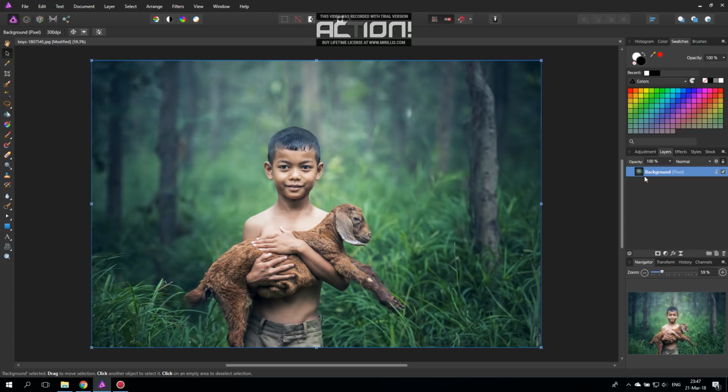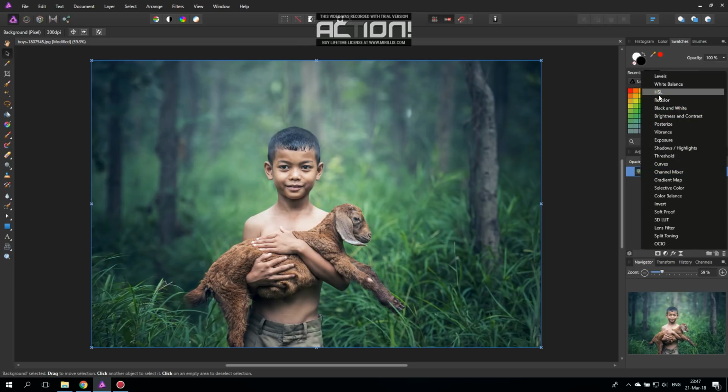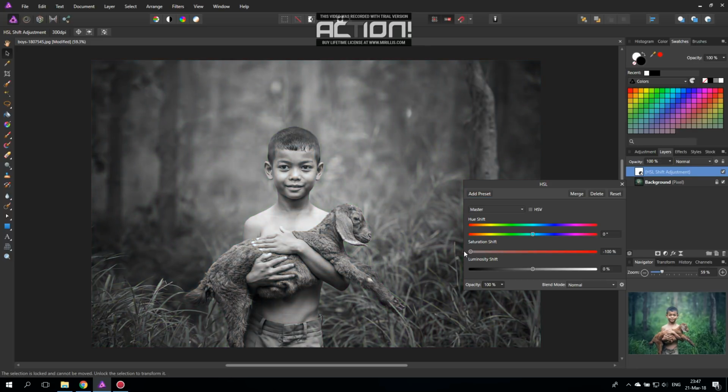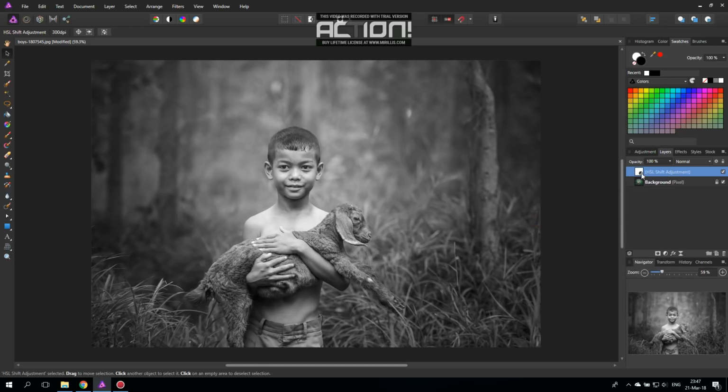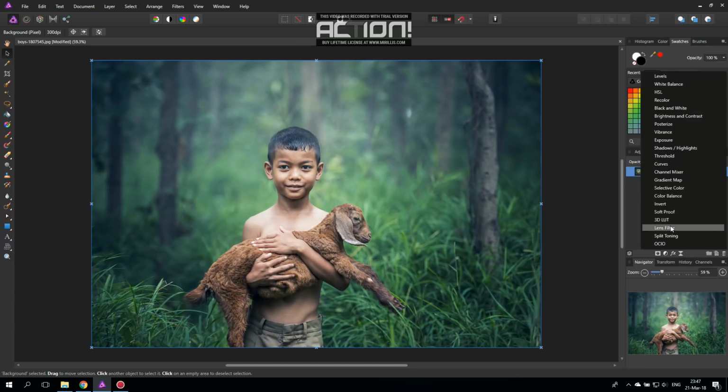The second trick that we are going to do is when you want to set your picture to black and white, don't just go to HSL and reduce the saturation. Yes, this is black and white, but it's not enough control. It doesn't look good enough. So what you want to do instead is go down here to adjustments and go to black and white adjustments,